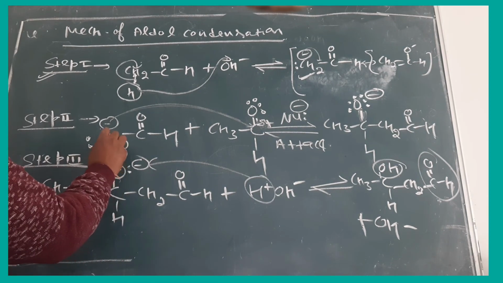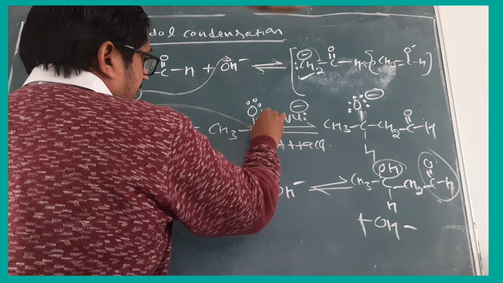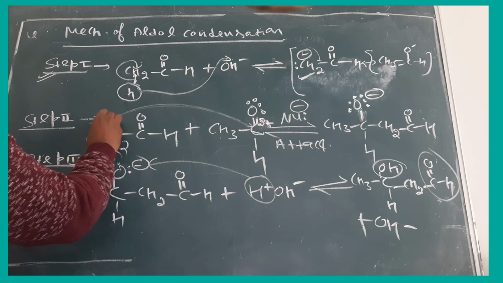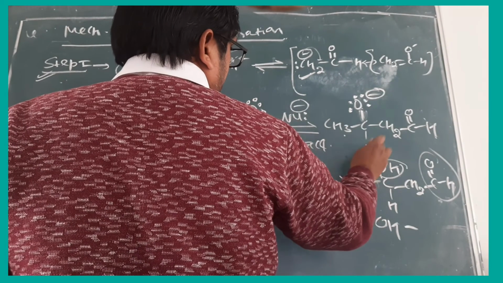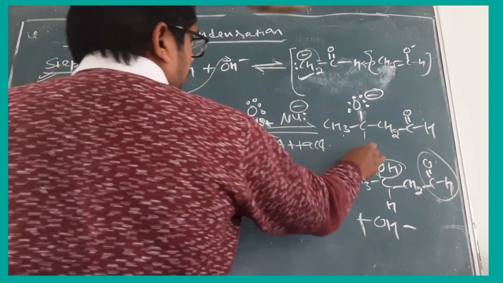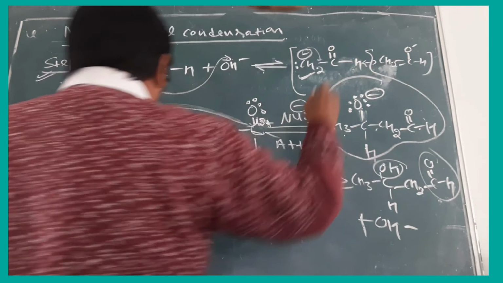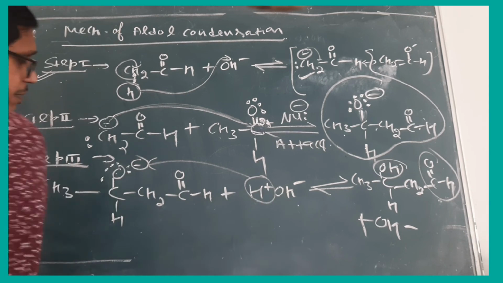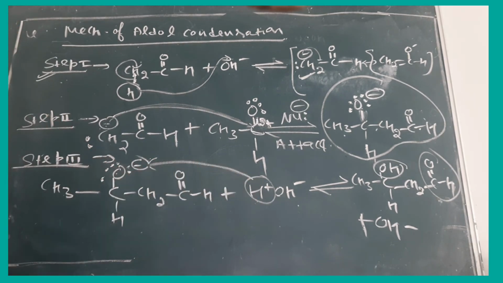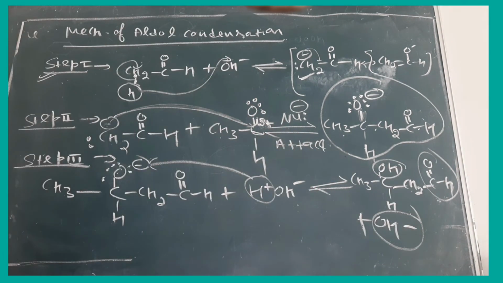Then CH2 negative COH. We are giving the reaction with CH3COH. This carbon is positive, that is why CH2 negative is going to attack this carbon. So it will give CH3CO negative, then this H will come down, CH2COH. Then what product have we made here? This product we are taking back here: CH3CO negative, H CH2COH, H positive, OH negative. Then H positive will go there. Then CH3COH and CH2COH, and OH negative will act as a side product. Is that clear? Okay, student. Thank you very much.